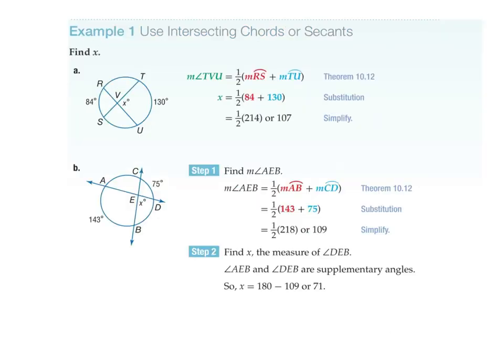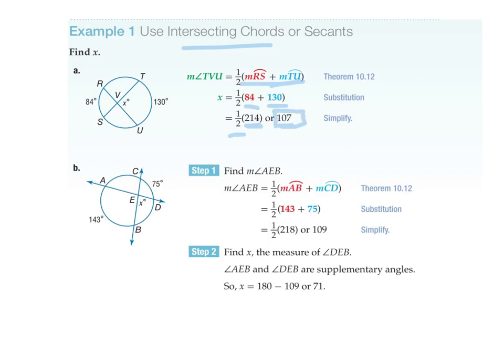So let's have a look at what you've got. These are intersecting inside as chords. Let's have a look at example A. Here's the basic formula: add together the two arcs, divide through by 2. Sometimes you're going to have to do a little bit of fiddling about, but you should be okay. The two arcs that you're given are RS is 84 and TU is 130. Add them two together, you get 214, and you need to divide it through by 2,